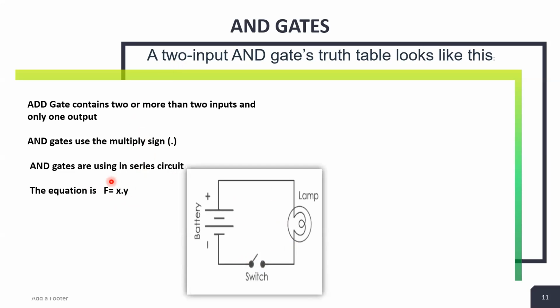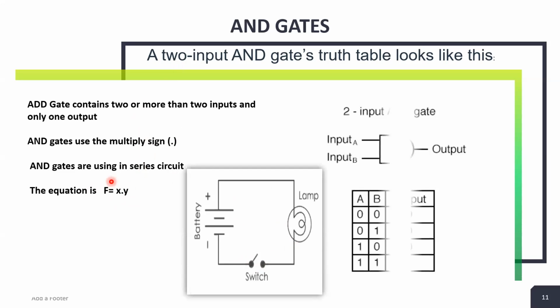Clear? The inputs look like this. Suppose input A is X and input B is Y. Clear? So, inputs A and B, here we are using two inputs. And this one is the truth table. How do we write the data in the truth table? We need 3 columns: 1, 2, and 3. Clear?